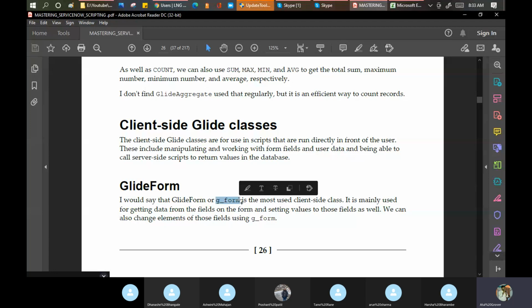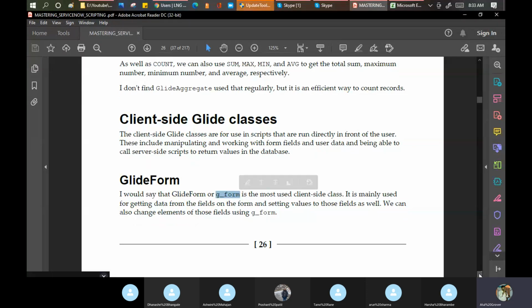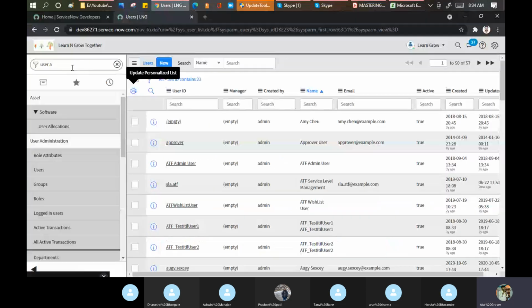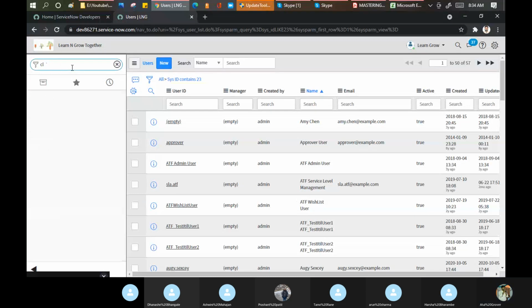On the form, if you want to bring any data, you can use g_form. How does this work for us? Let me scroll down. This one. Here we create one variable with g_form.getValue. Let me go here and open any client script.